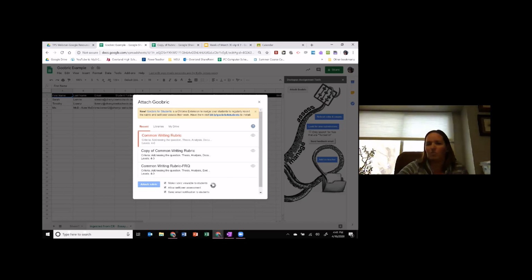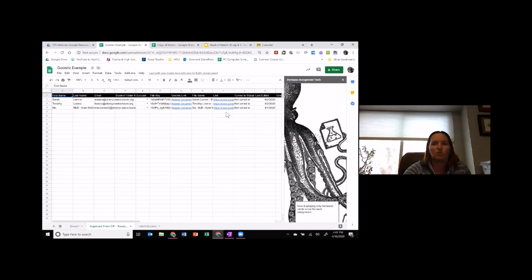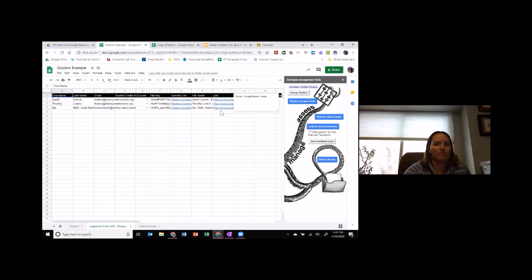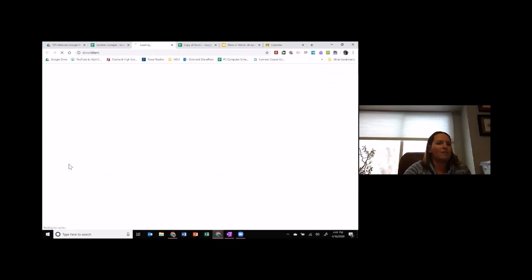Doctopus likes to work a little bit slow because it's working through a whole lot of stuff. What it's really doing is attaching that rubric to every individual student. As it's working through all of this, it's going to make a new link for me to be able to use. So now it's got 2 things. It's got the actual student one that's right here, but then it's got this little Goobric link, okay, where I can go through and assess the document. So when I click on that one now,